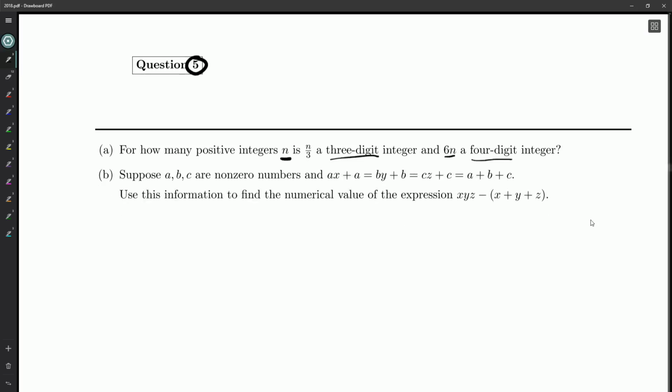Okay. So I feel like the choice of 3-digit and 4-digit were arbitrary, just like I suspect n over 3 and 6n are sort of arbitrary. But they give us some inequalities that I think we can work with, and then we can use those to figure out n. Okay. So if n over 3 is